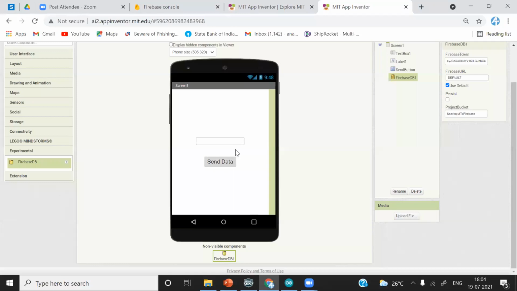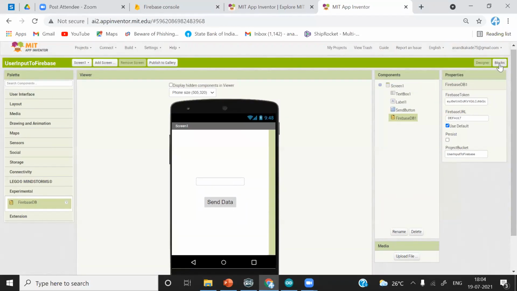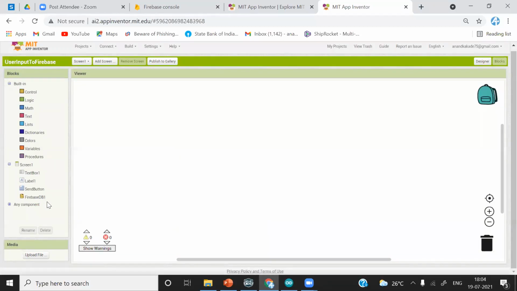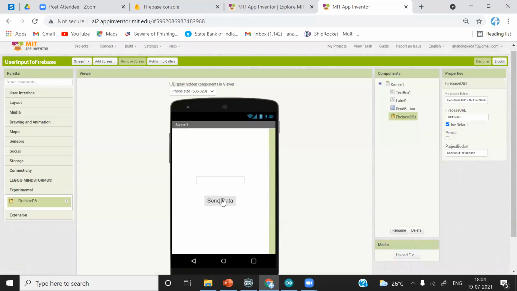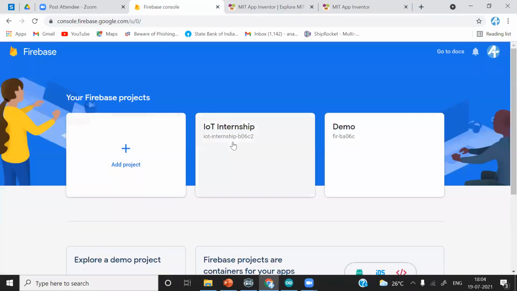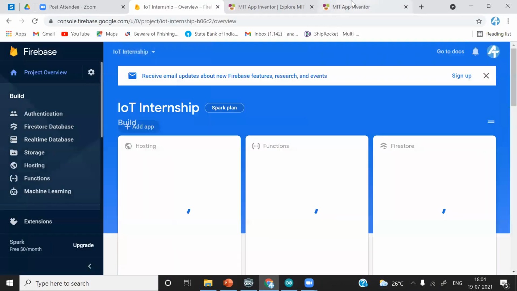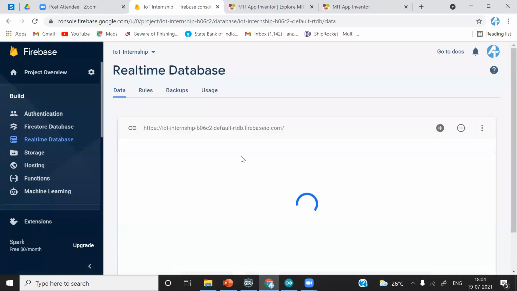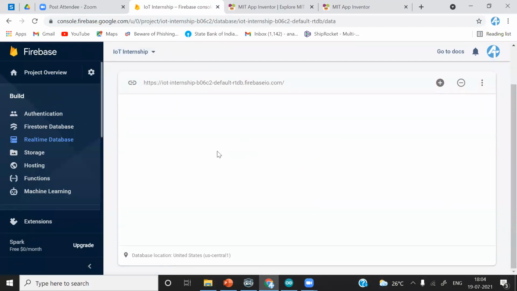The next thing is we want to create the backend. So we'll just move to the backend. And whenever we press this button, the input given by the user will be sent to the real-time database.